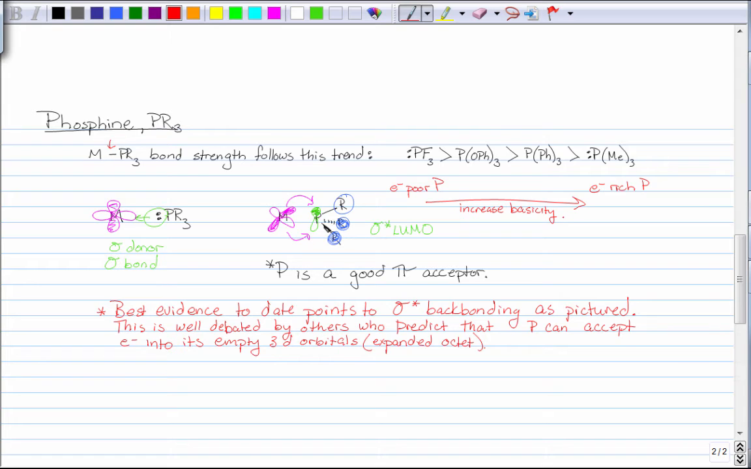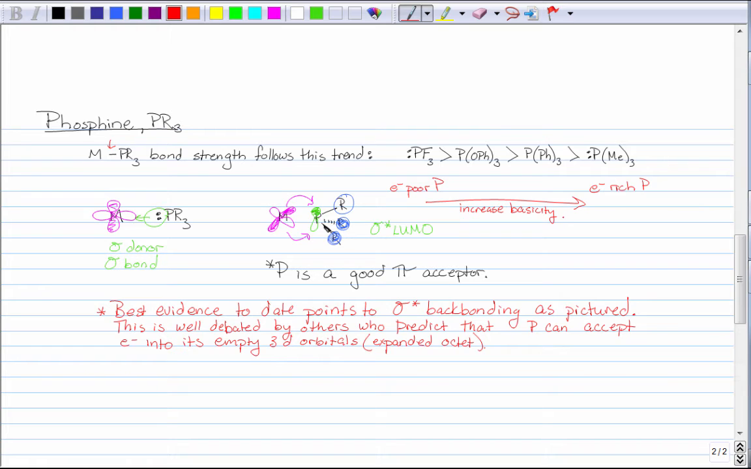Now, the best evidence to date points to sigma star back bonding as pictured above. However, this is well debated, and there are many people that don't believe that this is the case, but believe more strongly that phosphorus can accept electrons into an empty 3d orbital through an expanded octet. Again, this is under debate, but the best evidence so far points more strongly to the pi star back bonding